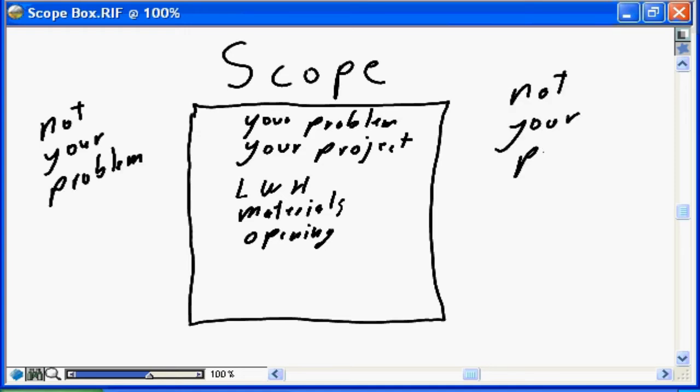Now, that goes a long way to defining the scope. Everything inside this box is your problem. It's your project. And you're defining the specifics of what the scope is. Everything outside, as I say, is not your project, not your problem. But in most instances, there's going to be